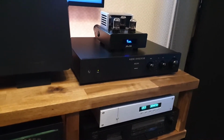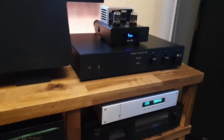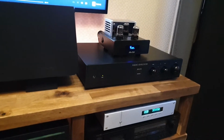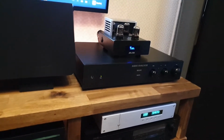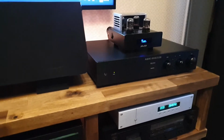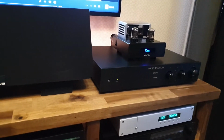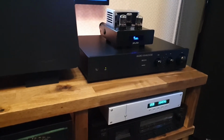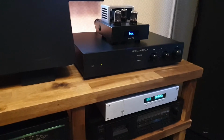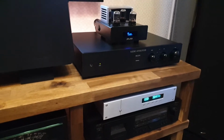And I've read reviews of people using Macintosh preamps and Krell, Bryston, all that stuff, and people actually prefer this preamp. And you don't need much to get a good preamp going, because what you want with the preamp is a direct signal path. You don't want all kinds of filters and chips and volume pots and all that stuff. Just simple design, simple engineering. Simplicity is key with a good preamp and good parts. You don't want your signal that comes into your preamp to already be degraded before it even enters the power amplifier. So using a good quality volume pot, a good quality